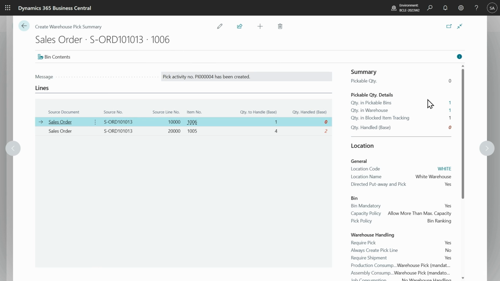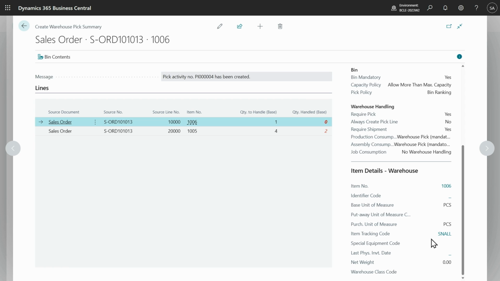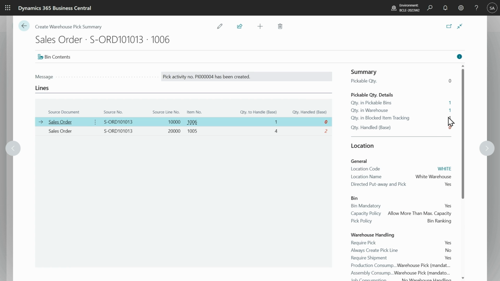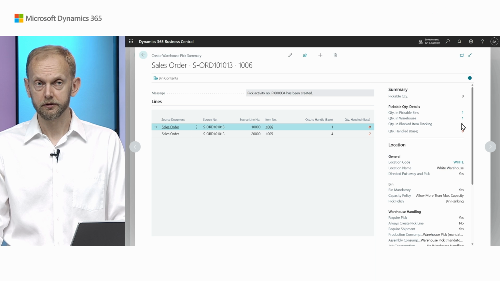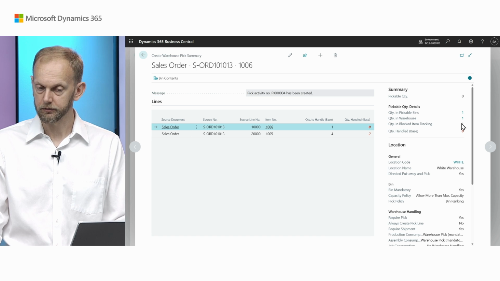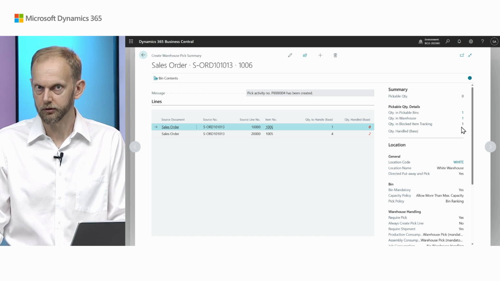But this item has item tracking. If I scroll down, I can see that this item has item tracking defined. And this specific item has a serial number information card with blocked field enabled. So basically I cannot use this item because it's blocked.